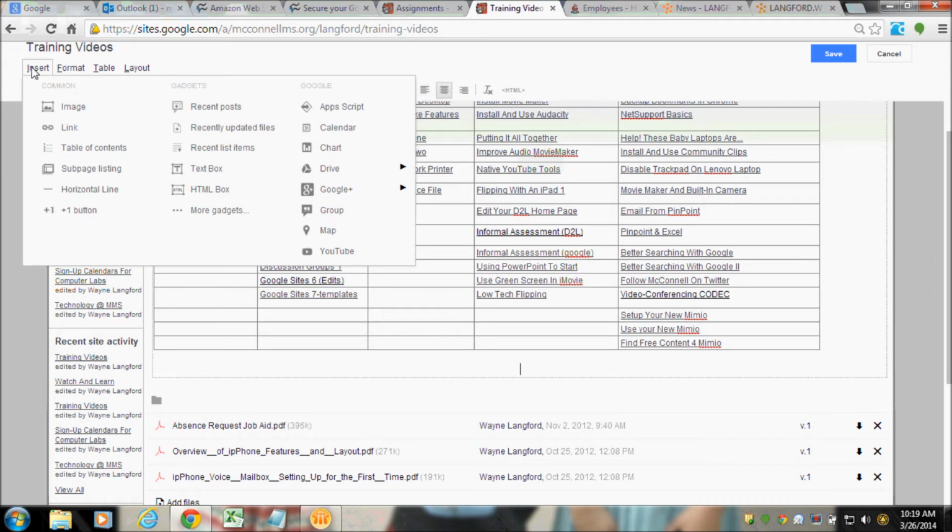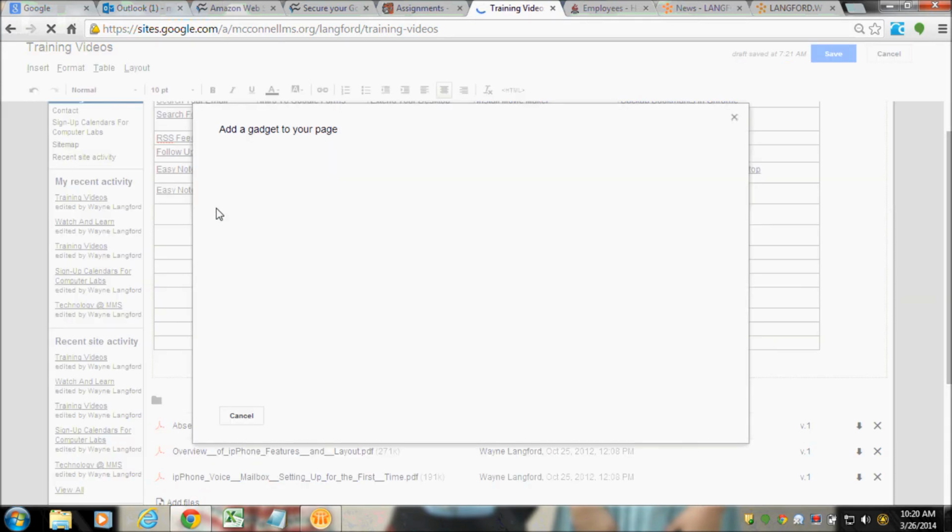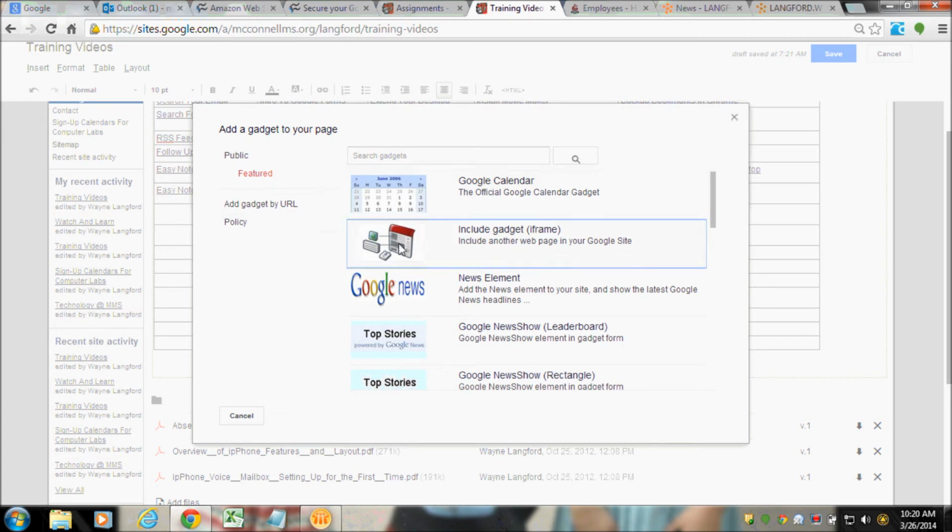Now, by default, Google doesn't make it very easy to embed other websites or pages into a Google site. However, it can be accomplished using what Google calls gadgets. Now, there's no default gadget in here that will work for what we want to do, but if we go to More Gadgets, we don't have to look very far. In fact, the second item will work perfectly. This is the Google substitution for something called iframe, which is simply a way to put another web page into a Google site. So if I select that,